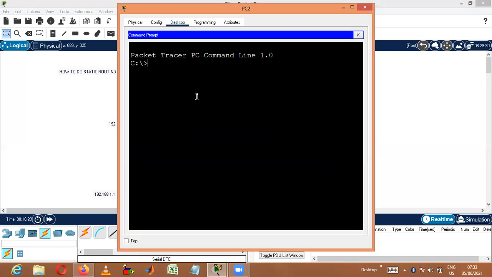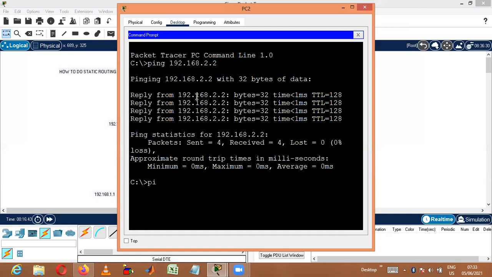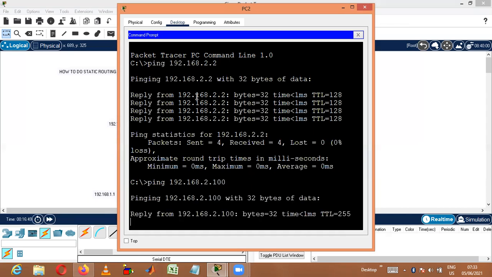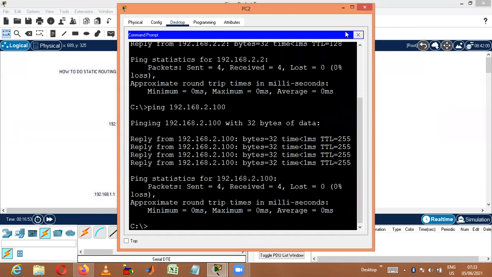I'll go with the command prompt, ping 192.168.2.2, sorry, it is 2.2. Yes, I'm able to get the reply. Similarly, I'll ping to the router, ping 192.168.2.100. Yes, I'm able to get the reply. Fine. Now, I'll be trying to ping from the same PC to the other network, ping